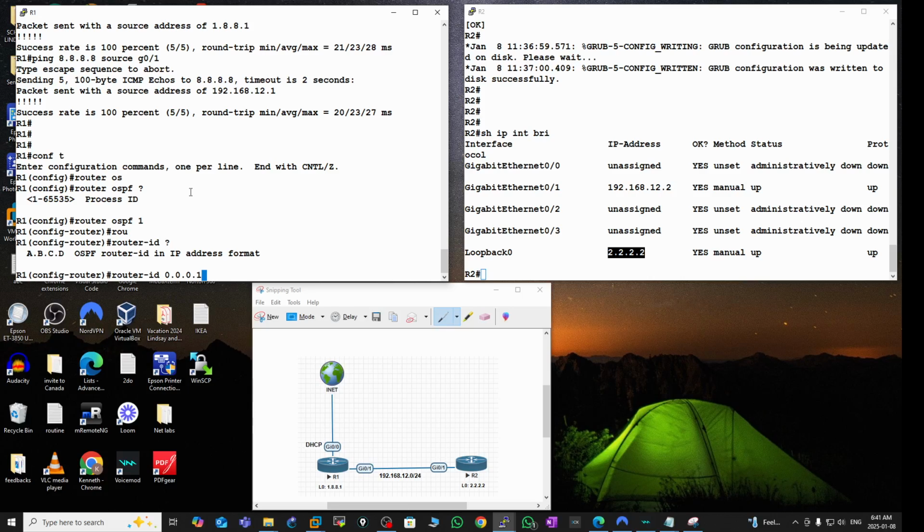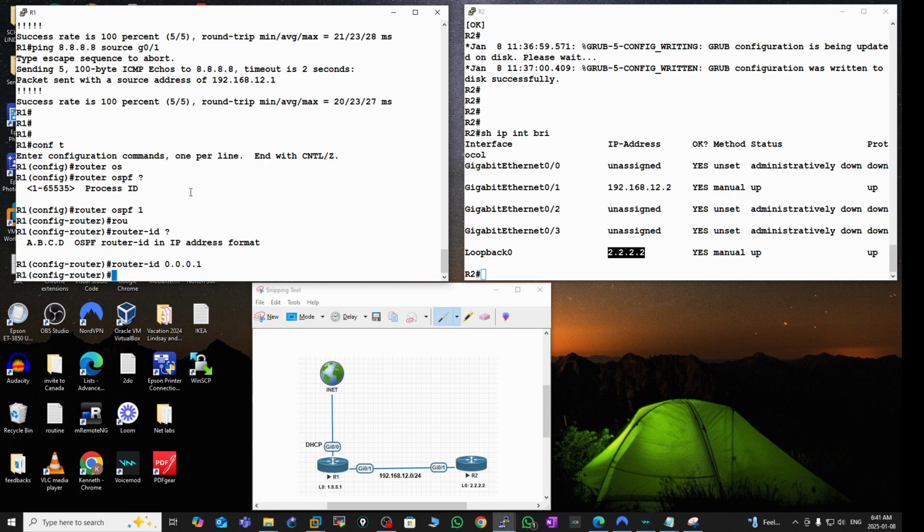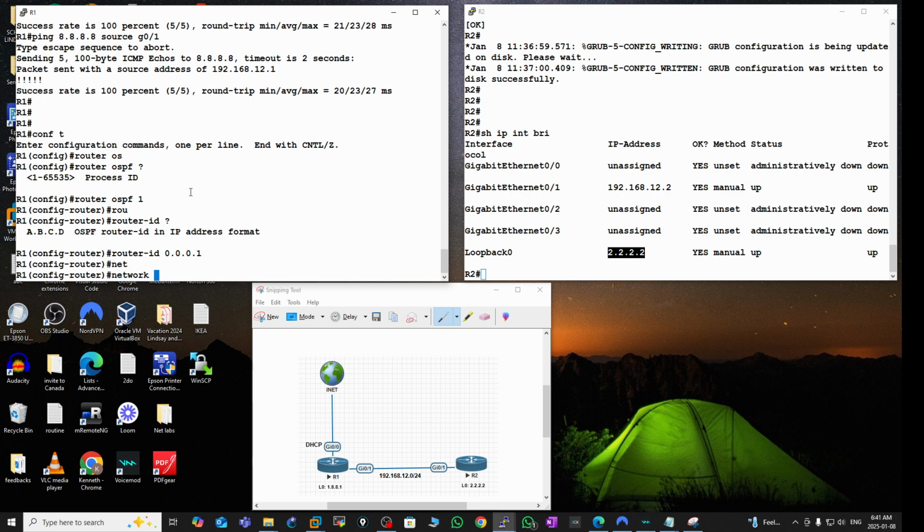That's what we did in the concept. So, after doing that, the next thing we want to do is advertise OSPF, because right now OSPF is not running. For OSPF to run, we have to say network. I'm going to give the network